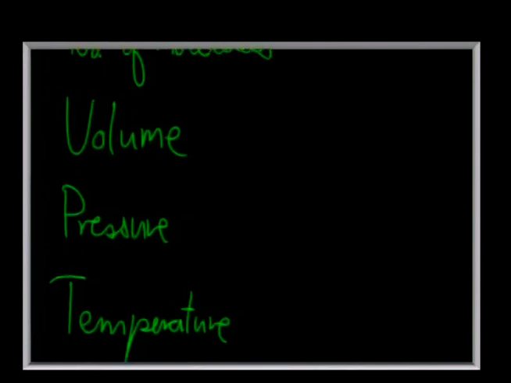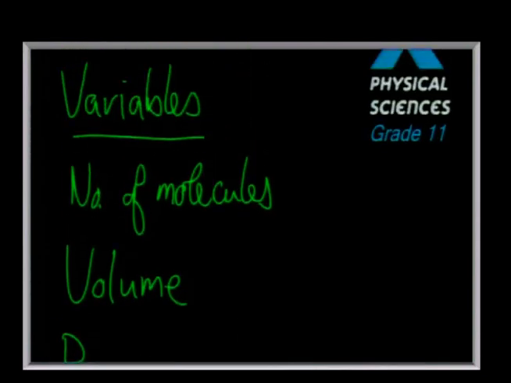So when we do experiments, we've got to bear in mind that there are these different variables. And when we do the experiments, we must make sure that we have a fair test. So we can't allow all the variables to change. So one of the first things that was done historically was to look at gases and say, well, let's try and find some relationships between these variables. The number of particles, that wasn't really understood initially, but let's try and look at the relationship between pressure and